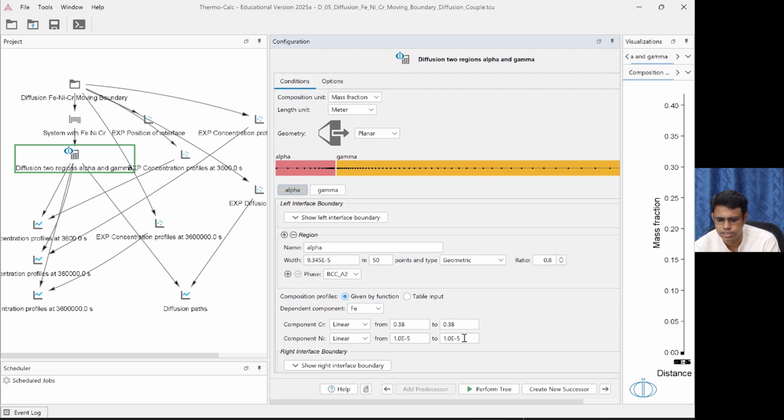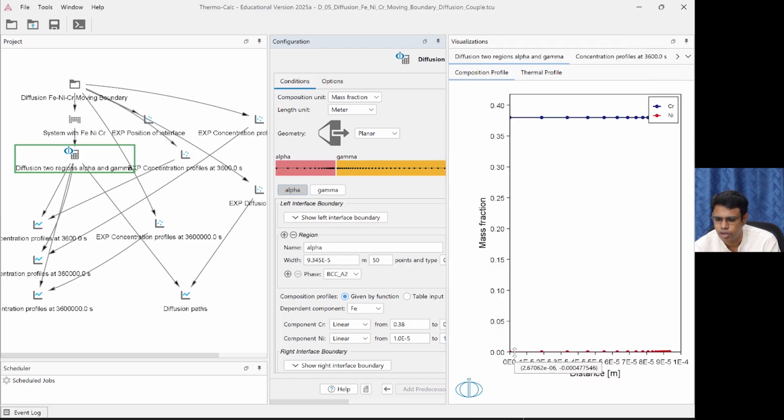So that is the reason here, convergence would be easier. So this is nickel content, which is almost 0. If we pull out this concentration profile, you can see almost 0 nickel here, and this is the chromium content, 0.38. So this is the composition profile for alpha phase.